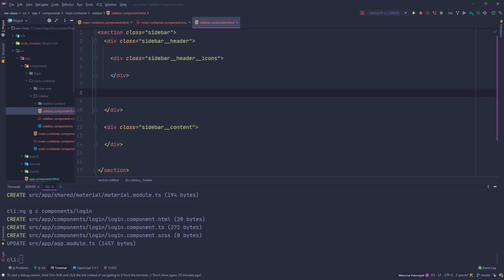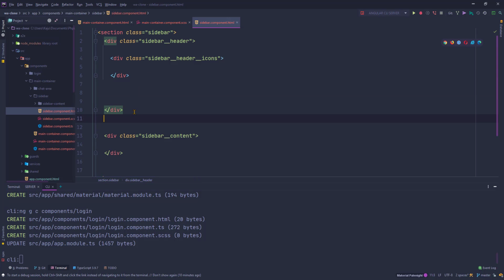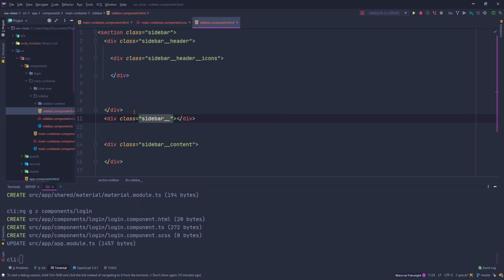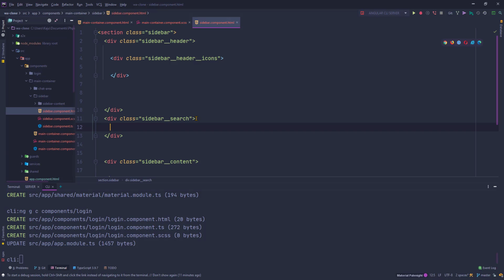Okay, so it ends here. I'll put sidebar then search. So with this BEM convention, you can easily tell the depth of this HTML component. So it's one level down sidebar. Okay, so under header icons I'll